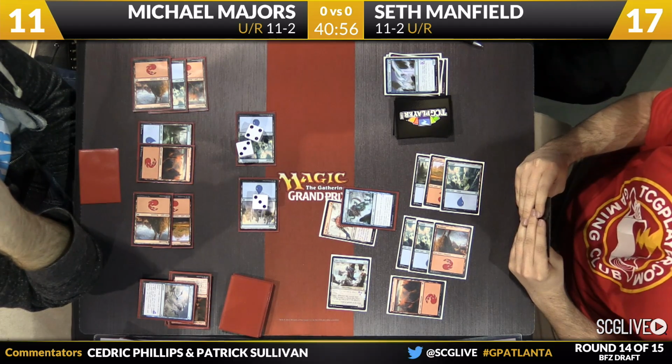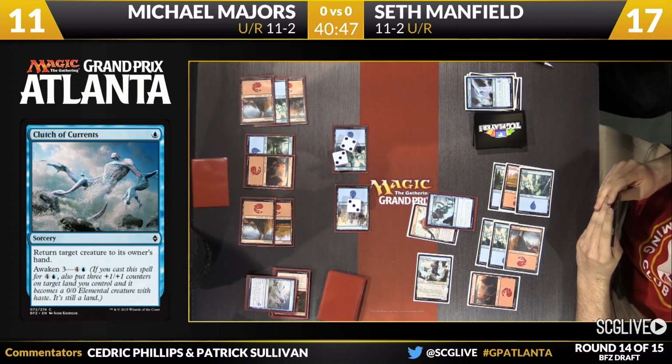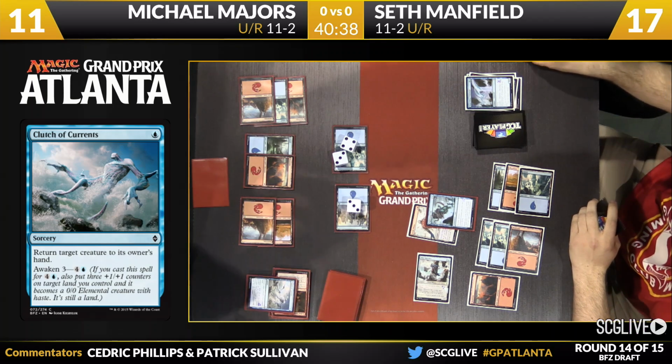And if you were curious just how good Clutch Occurrence is, it's on display this game. Yeah, Majors has worked himself back into this one by drawing a lot of copies of this card. Now, he's only got 1 left. He's got 4 in his deck, but it has been very good. Now, also for what it's worth, if Manfield finds his copy, he can bounce that 7/7 land and undo everything